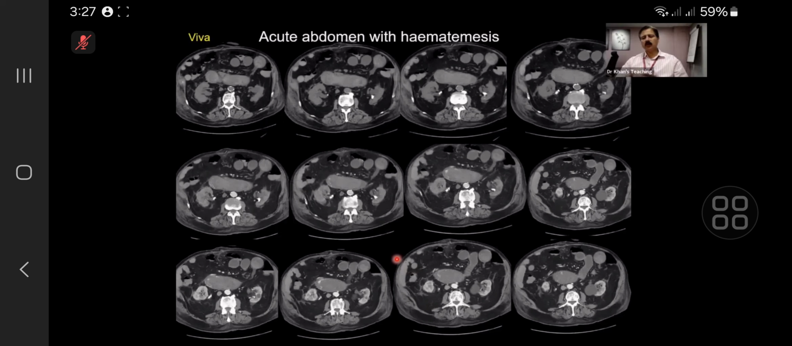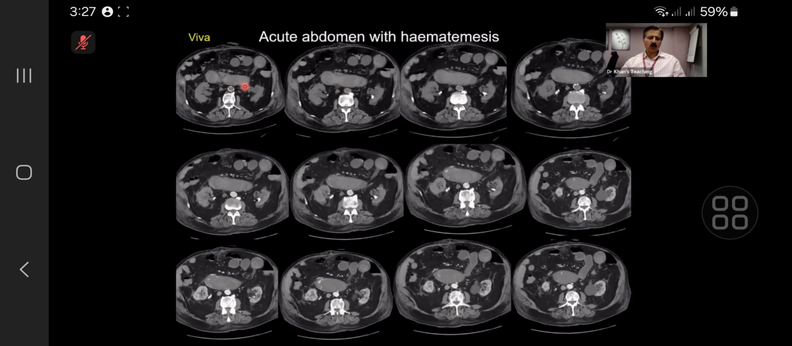So you're using the word bowel. Can you tell me which part of bowel it is? So it is likely duodenum. Yes, sir. Fine. Okay, so this is a classical case of a leaking or bleeding ulcer in the duodenum,